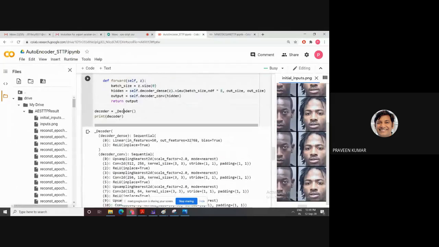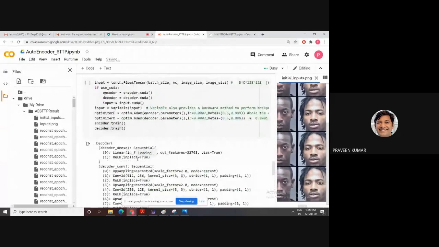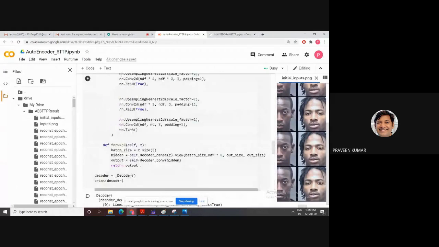This is the output of the encoder, the latent vector. What is the input of the decoder? The input of the decoder is this latent vector. So we pass this latent vector into the decoder. The decoder takes the 50 values, a simple linear vector. Here Z is passed to the decoder.